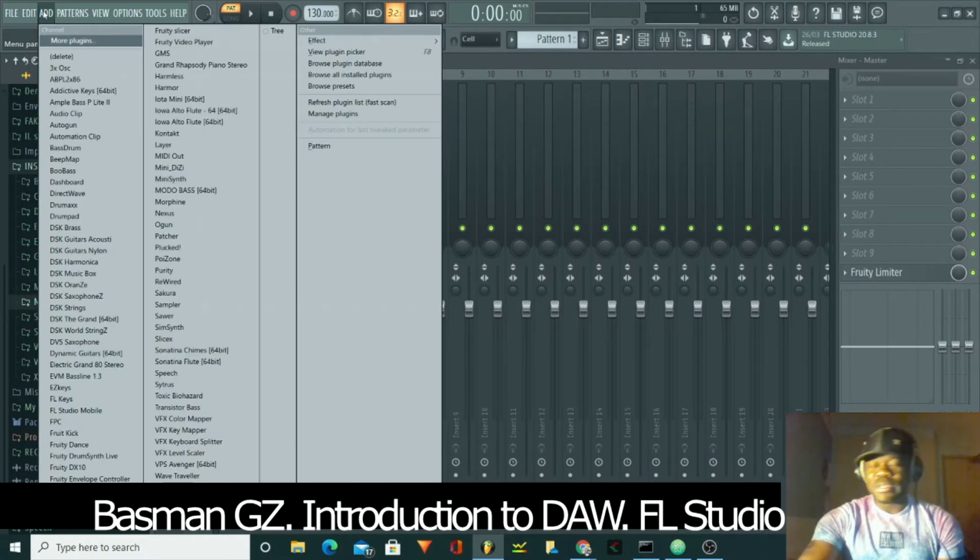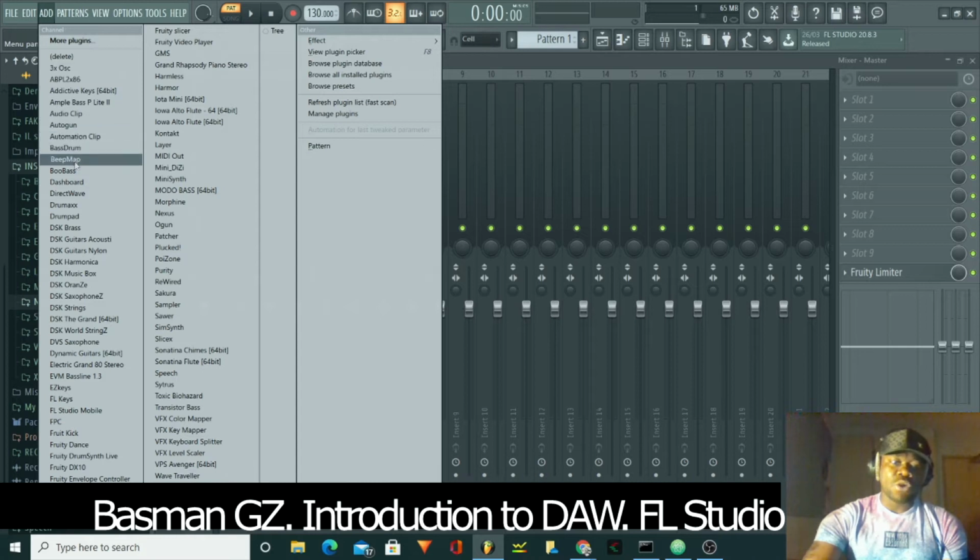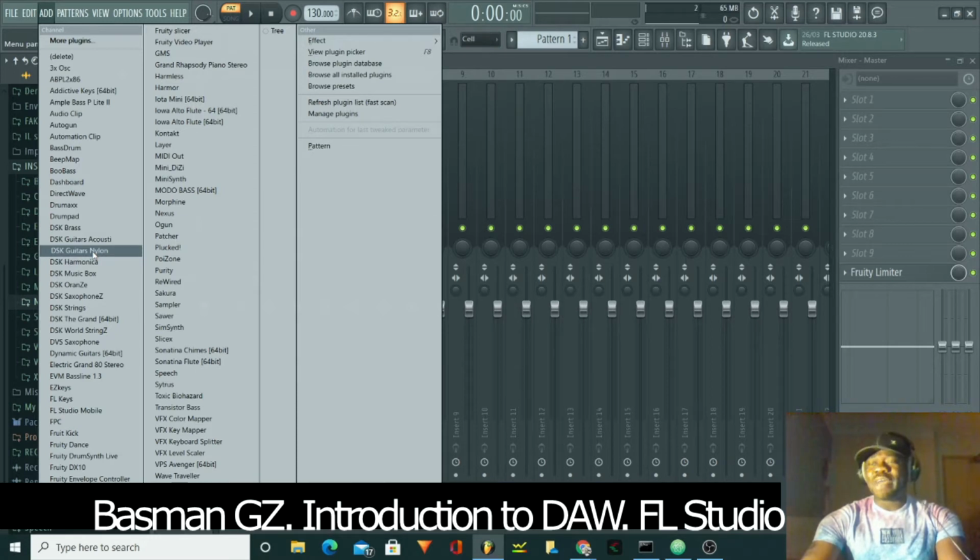You can add other VSTs or virtual instruments. This is all of them. You can see I have bass drum, Bitmap, bull bass, I have digital guitars, acoustic guitars. You want to check on these VSTs as well, because most of them are free and they sound pretty well. I wouldn't really advise anyone to use the sounds that are available on Fruity Loops, because